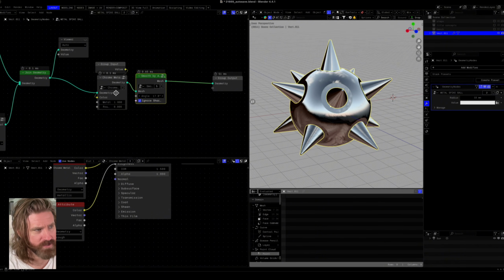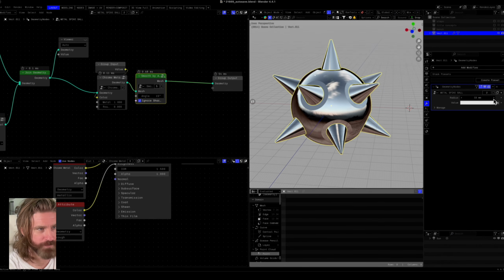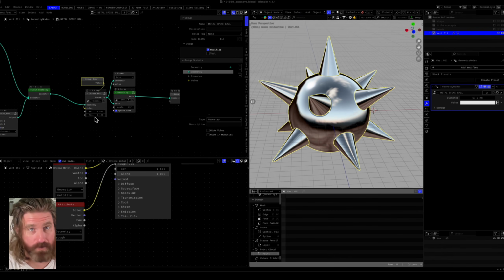I'm gonna turn this down to 15 degrees and ignore sharps. And now that's looking exactly the way that I want it to. Okay, well, for the purposes of this video, we are completely done with the spike ball. And we're gonna move on to, from here, the chain and the handle. As we're assembling these things, we're gonna do a few more things to the spike ball to make